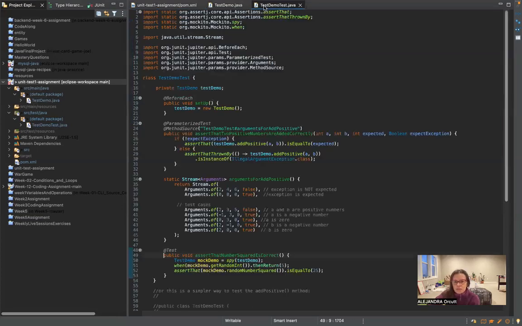The TestDemoTest.java is used to test the functionality of the TestDemo class. In this class, I have used the JUnit ParameterizedTest annotation on the assertThatTwoPositiveNumbersAreAddedCorrectly method. This tells JUnit that this method is a parameterized test, which means that it will run multiple times